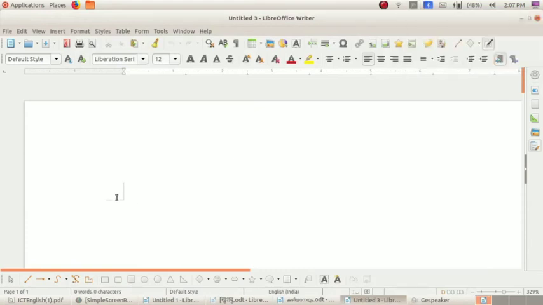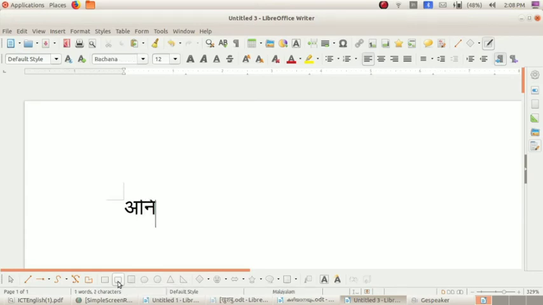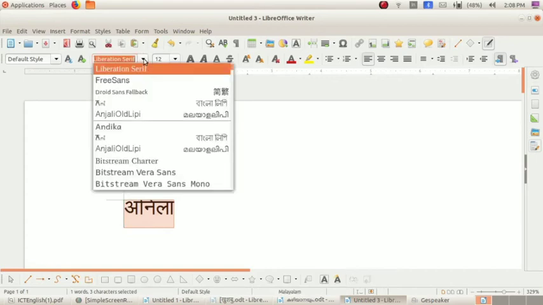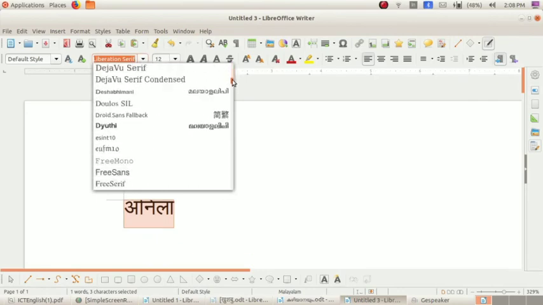So change from Malayalam to Indian. Now we can type. Now I am going to type my name. We can change this font from Malayalam to any other Hindi font.